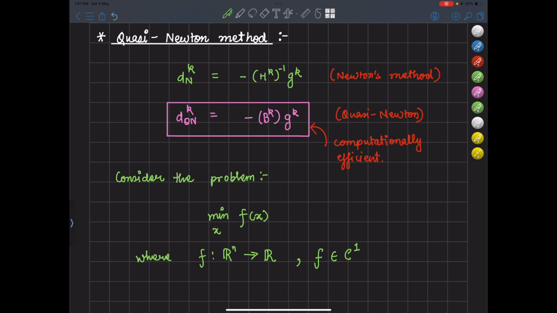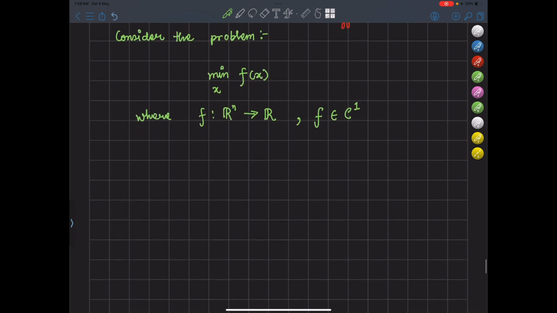So this is what is required for Quasi-Newton method. In Newton's method, we get this direction as follows. So for Newton's method, f belongs to C2 actually, and there is a quadratic approximation of f(x) which is given by fq(x),